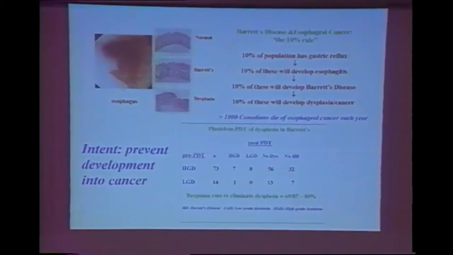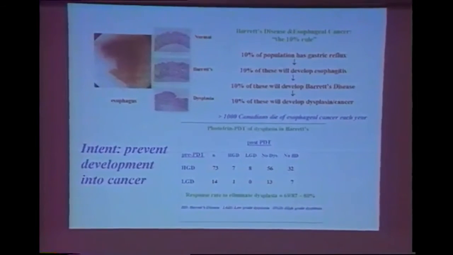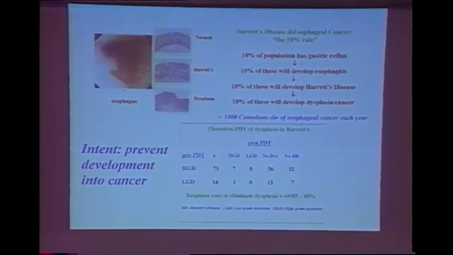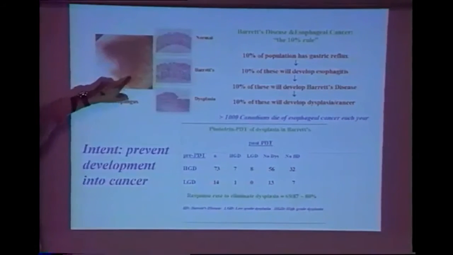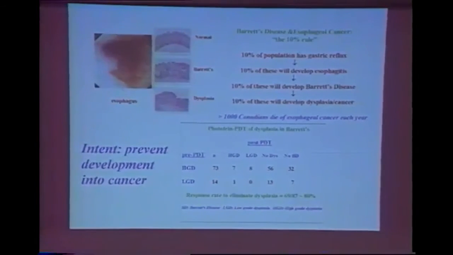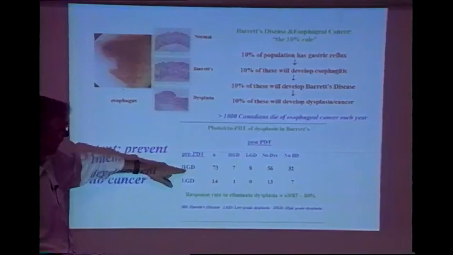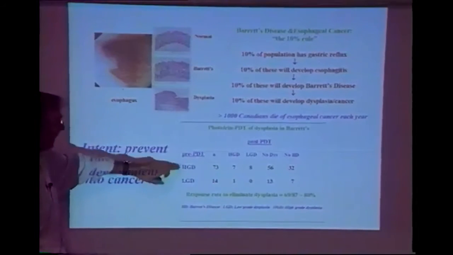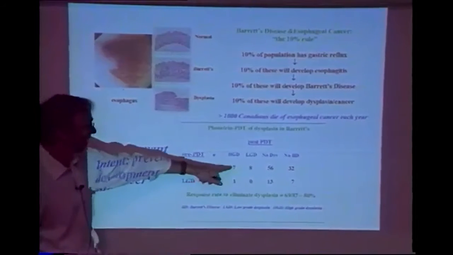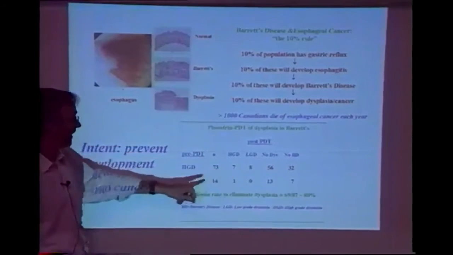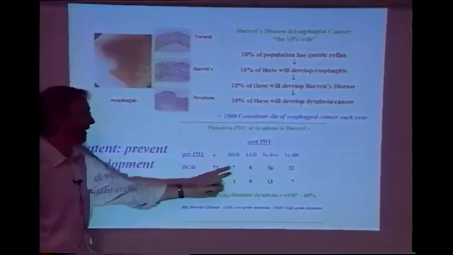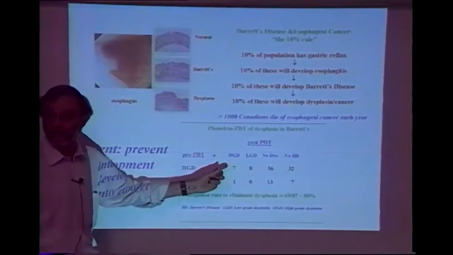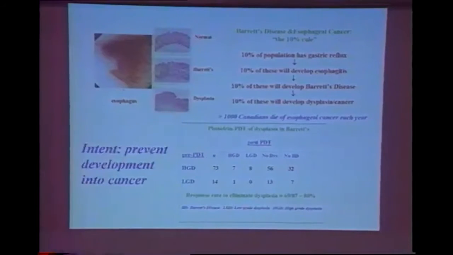This is a study published on the basis for last year's approval of PDT for this condition. So these are patients with dysplasia, in other words, regions of pre-malignancy within the esophagus. And so you see that, for instance, before PDT, there were 73 patients with high-grade dysplasia, and after PDT, there were only 7 with high-grade dysplasia, and 56 of the patients had no dysplasia. So it's pretty good results. And so this is now the basis for approval of this treatment in the US and Canada and I'm not sure where